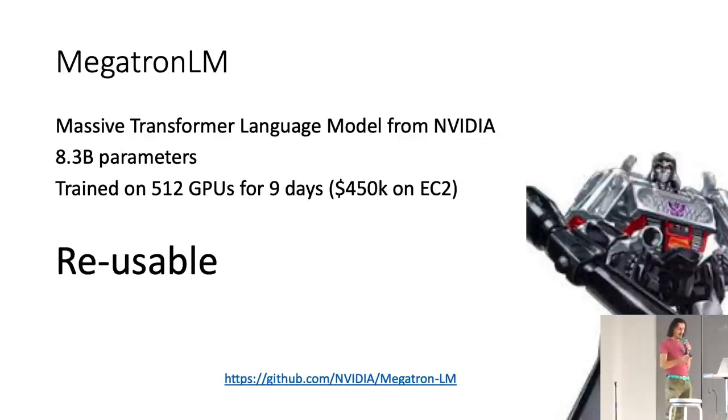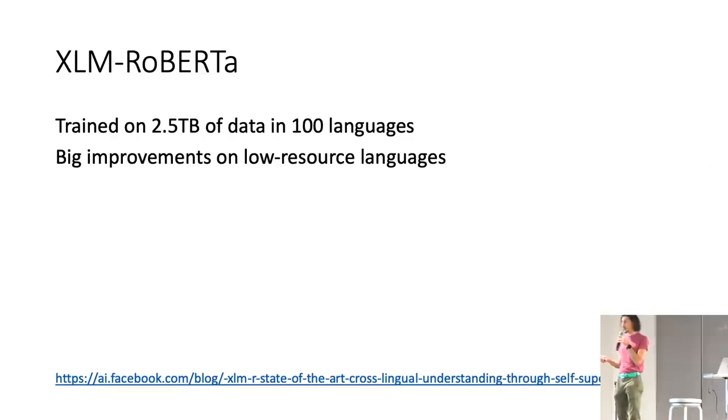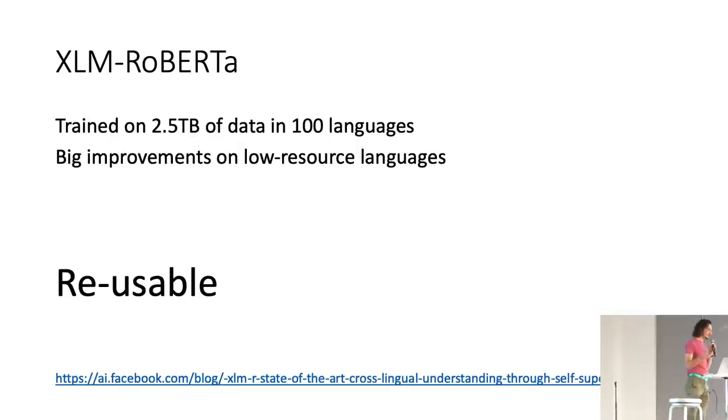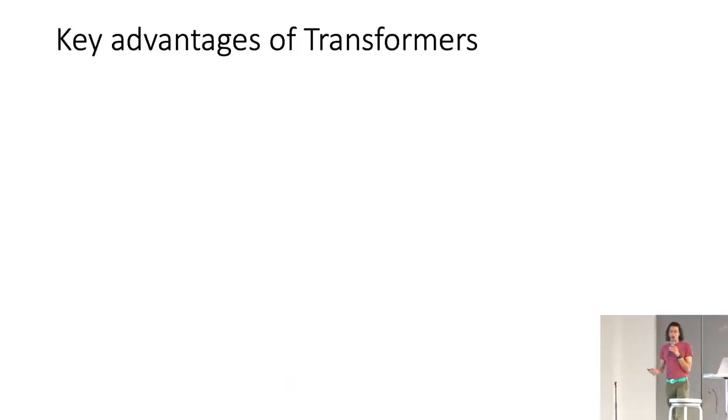This thing learns a base model really well. The folks at Facebook trained this RoBERTa model on 2.5 terabytes of data across over 100 languages. And this thing understands low resource languages like Swahili and Urdu in ways that are vastly better than what's been done before. And again, these are reusable. If you need a model that understands all the world's languages, this is accessible to you by leveraging other people's work. And before BERT and Transformers and the Muppets, this just was not possible. Now you can leverage other people's work in this way, and I think that's really amazing.